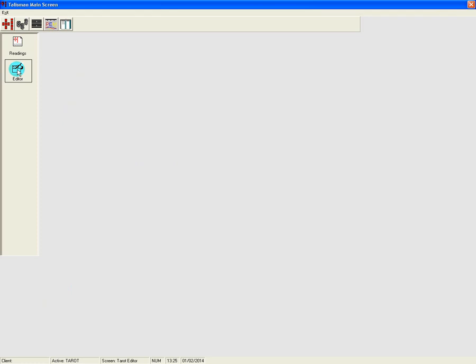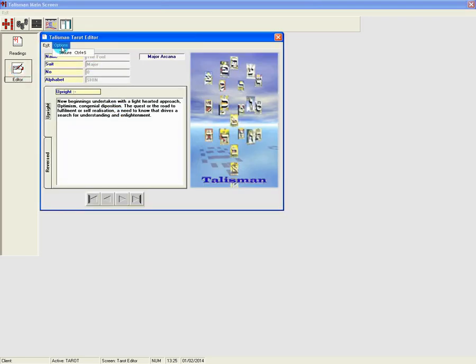So this is for the tarot. It's the final tutorial for Talisman Suite. Now, the editor does exactly what it says on the tin. I just switched on the edit mode, so you can make any changes you want. You can actually type up if you're a typist. You can